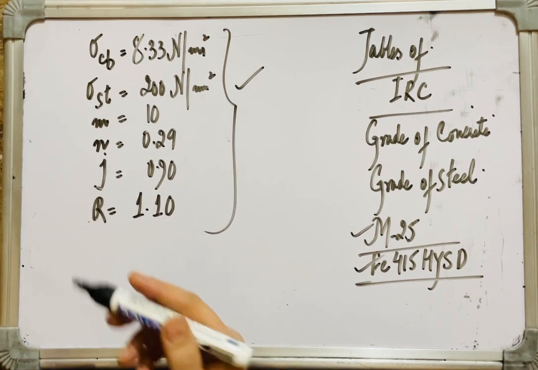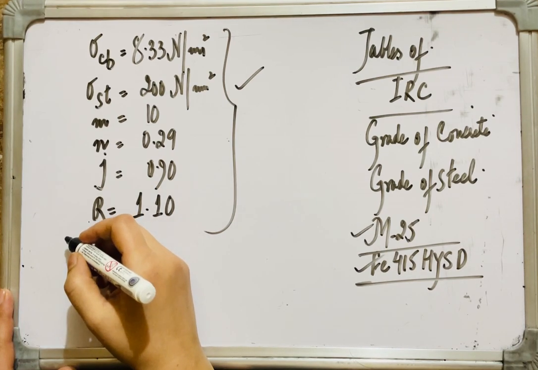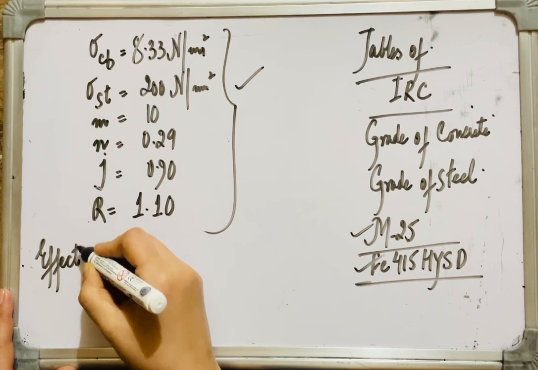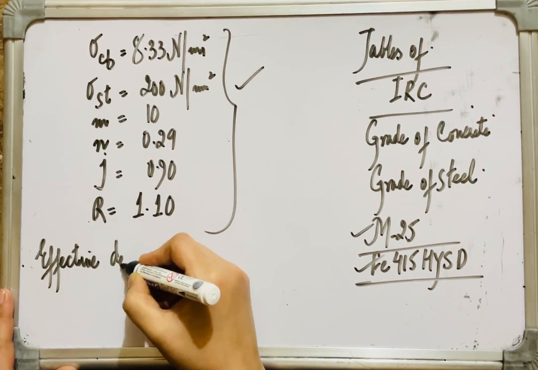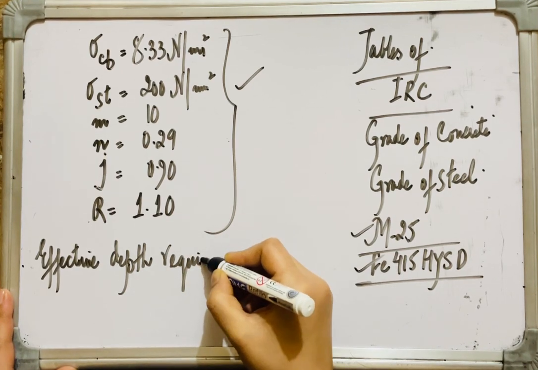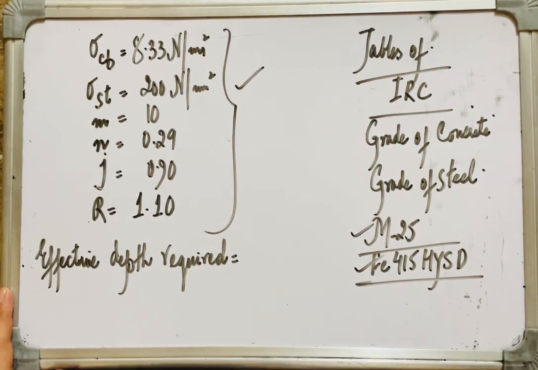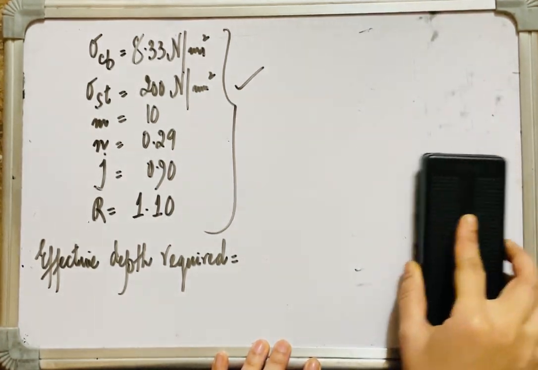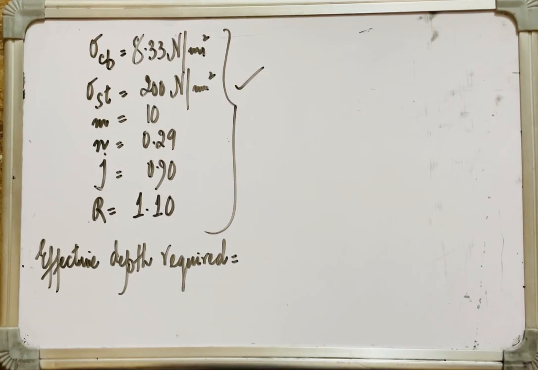After this, I have to calculate the effective depth required. Because I'm designing my slab, I have assumed 200 mm. Now I have to check whether this is alright or wrong. So we are calculating that. Let me rub it first. Effective depth required is given as